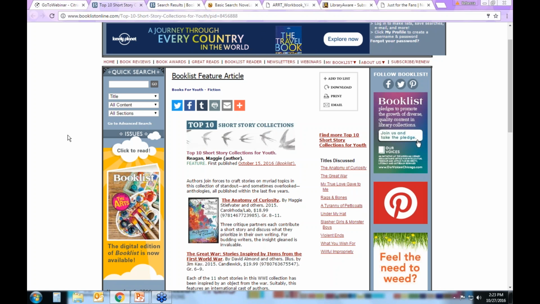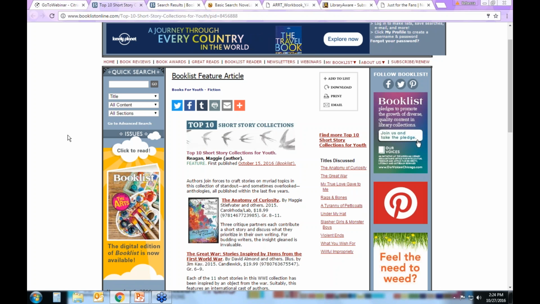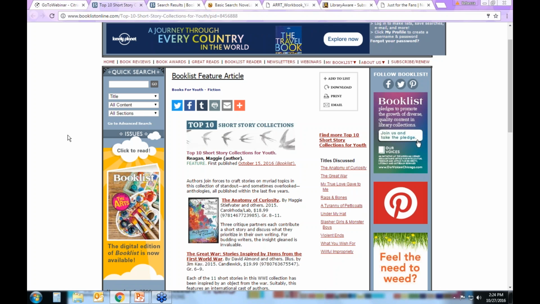What's particularly nice about these features is that in the print version of Booklist, the top 10s at least appear on one page, so you can copy that off and leave it at the desk. If you have a subscription to Booklist, it now includes the digital version, which is the PDF, so you can just print that right out. They're really nice handy lists where we have done the work for you.